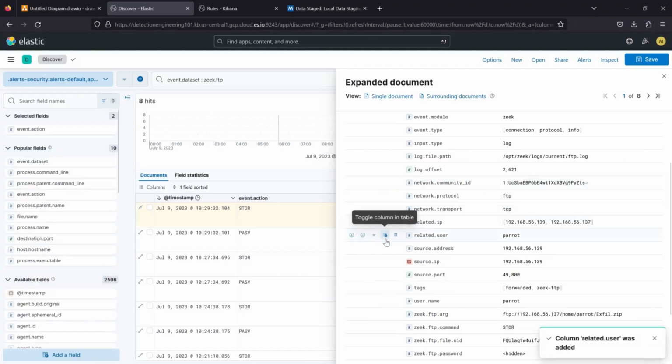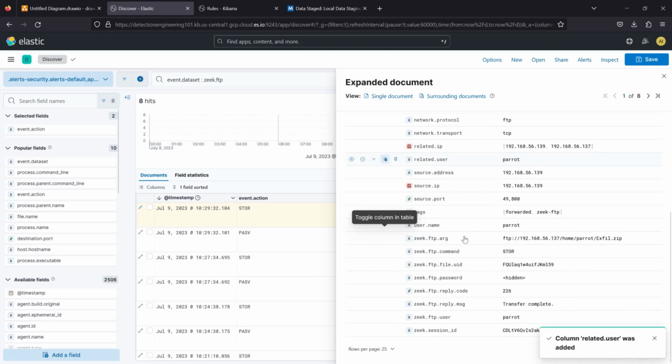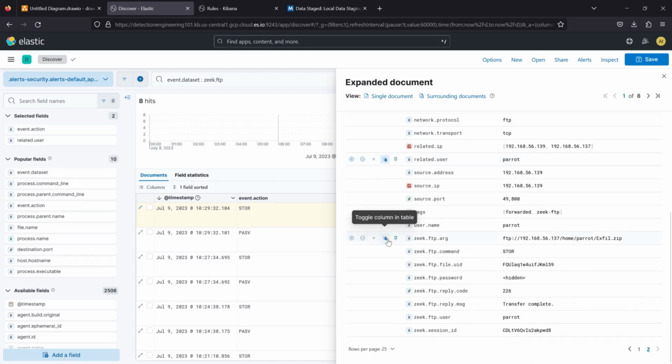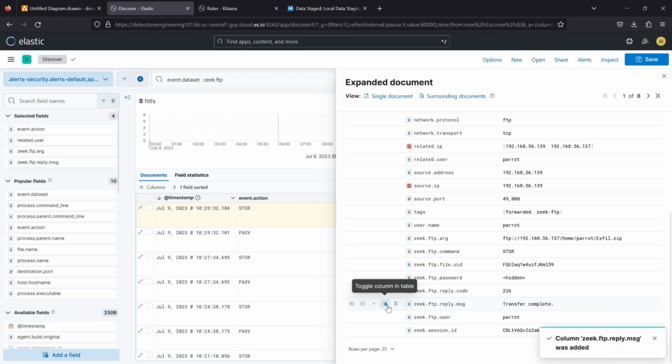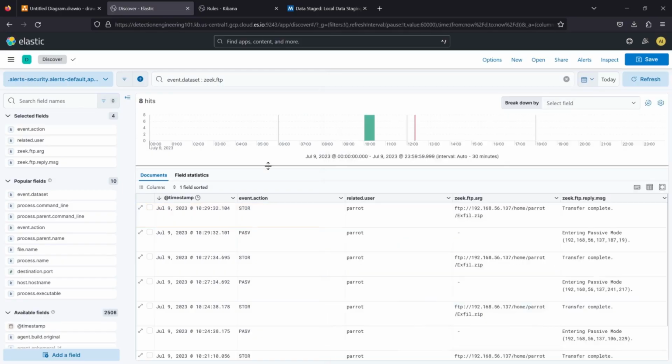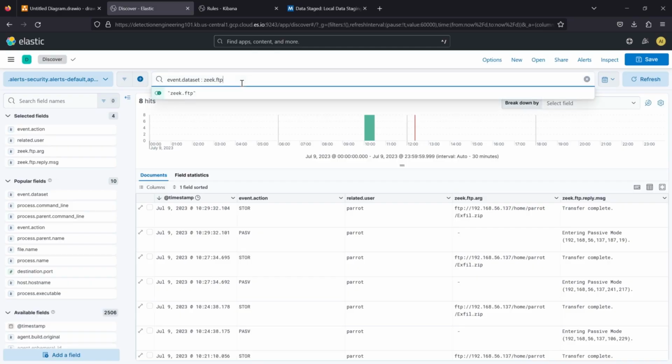We can see the related user. And we can see the ftp.arg, which is definitely something we hear about. And we can see the transfer status. All right. So going back to our logs, we can see this STOR contains all the ftp.args that we care about. Okay, so what we can do to help construct this alert is just say